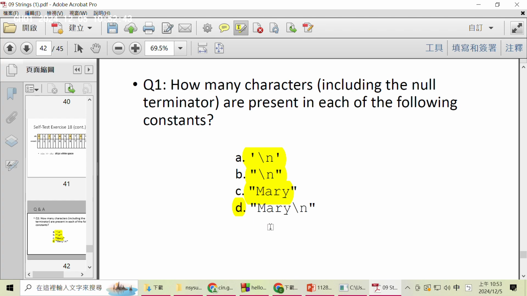And for D, we know that here is the backslash n, and the backslash n is 1 character. So we have 4 plus 1 and plus the null character. So for D, we have 6. The constant D has 6 characters, and you can use sizeof to know its size. For example, here you can use sizeof